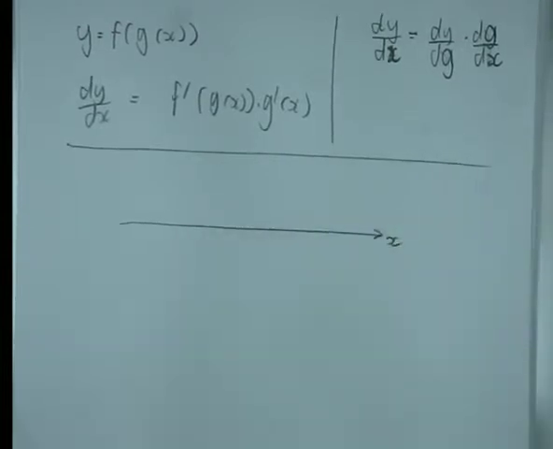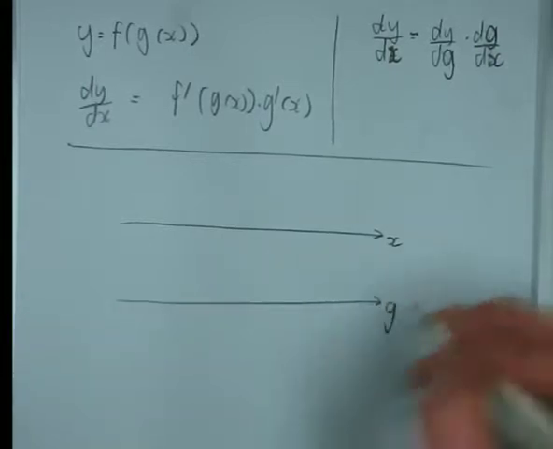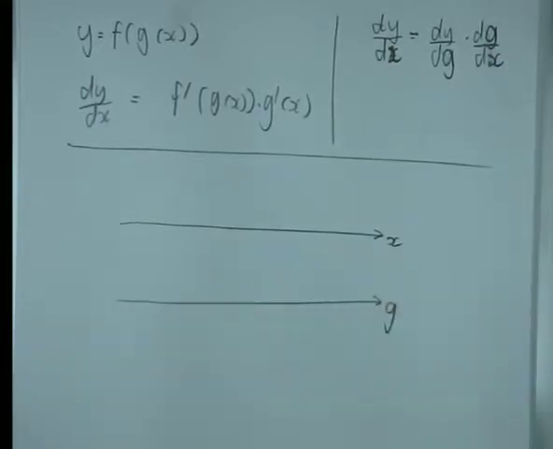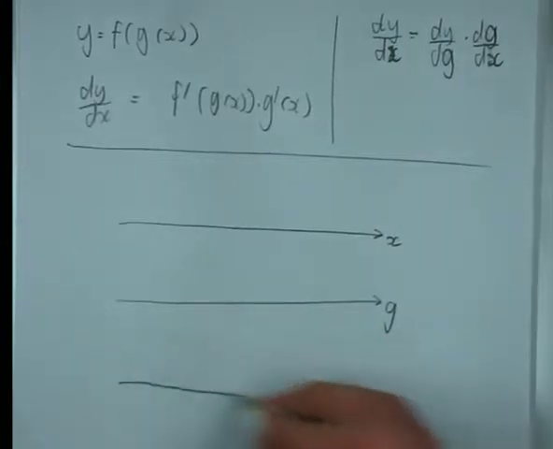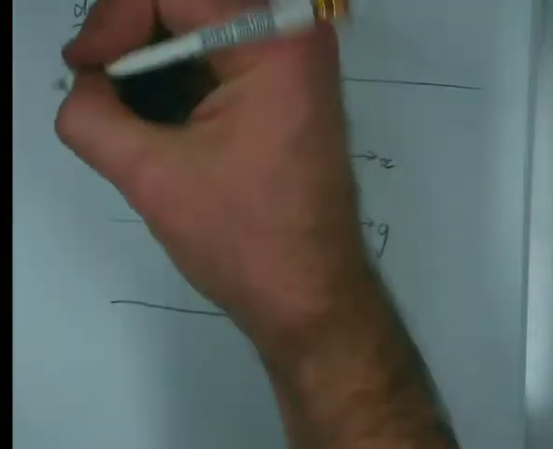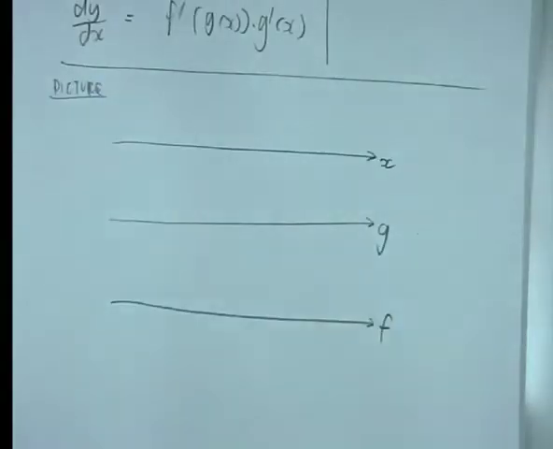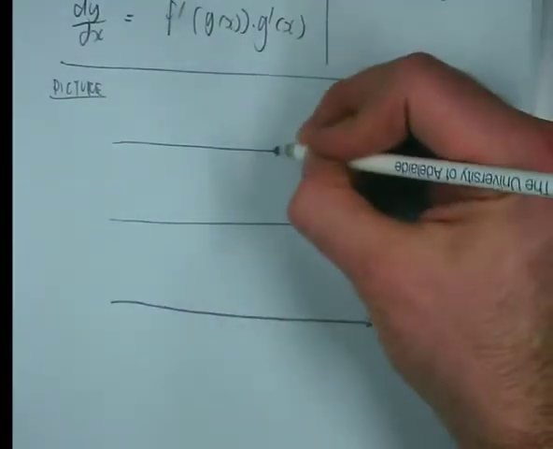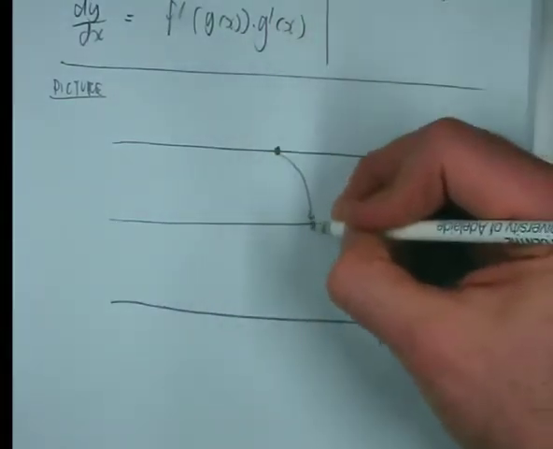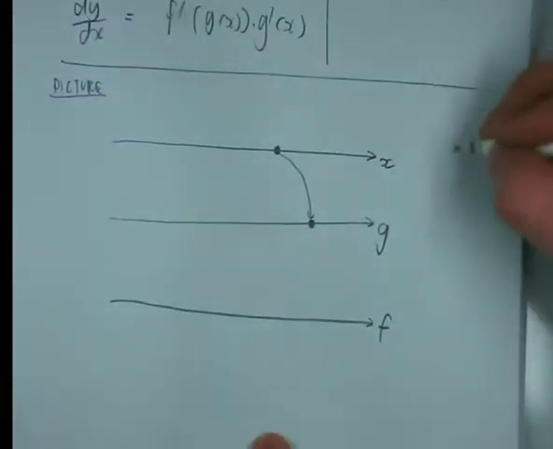That's my x. That's my g that comes out when I do g of x. And that's my f. This is my picture. So the concept is that I pick my particular x, and it goes to wherever it goes when it produces a g. Okay, so I put my x into the function g. So if we're going to actually draw it as pictures,